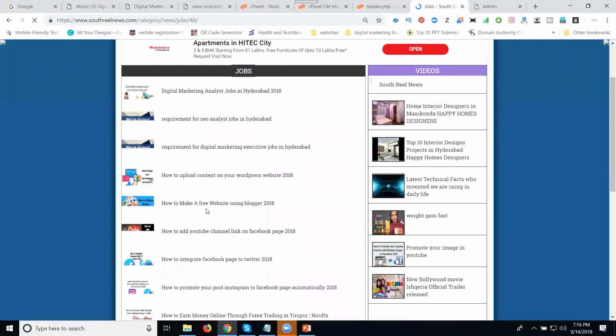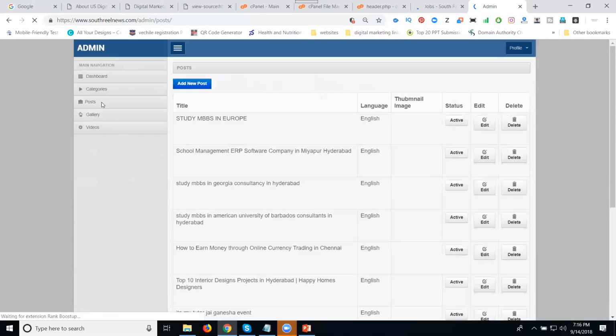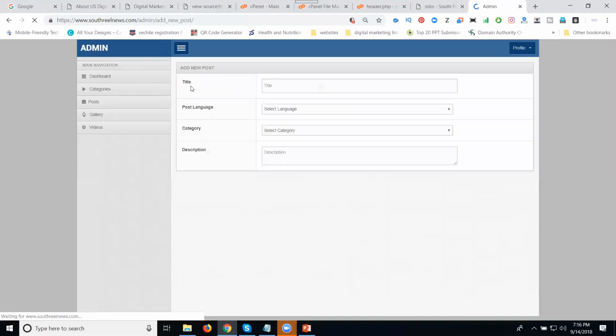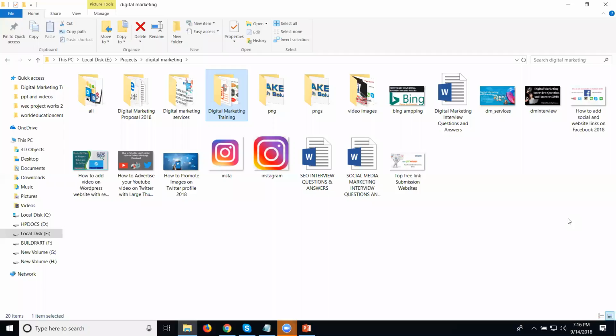Yes or no? Okay. Look carefully. In this one, go to post. First, add new post. Select your desktop. Why am I selecting desktop? Because I'm selecting it for question and answers. Select your question answers.